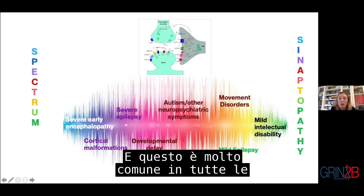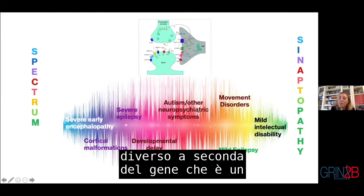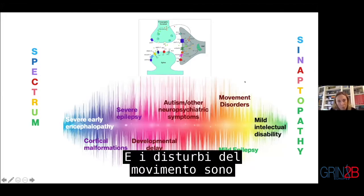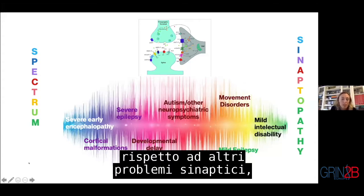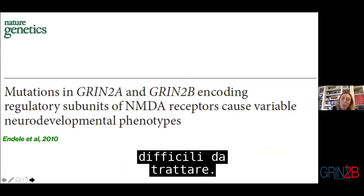And this is very common in all synaptopathies, but they express in a different manner depending on the gene that is a factor. And movement disorders are not really prominent in GRIN disorders, compared to other synaptic problems where they are major problems and very difficult to treat. So